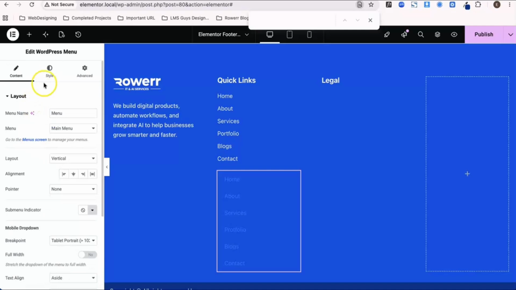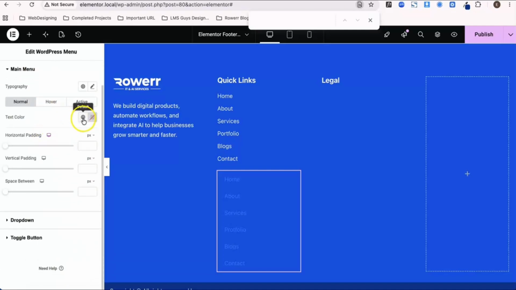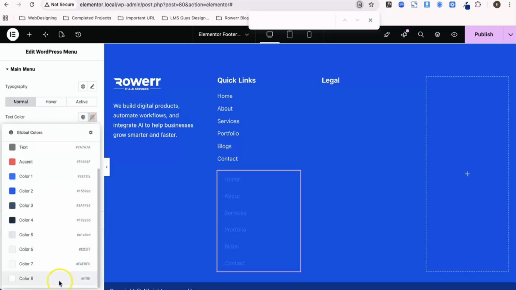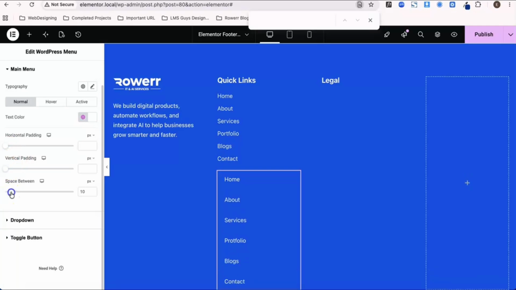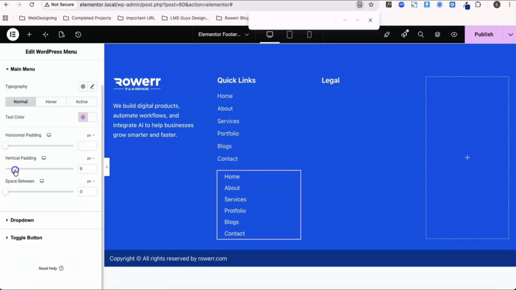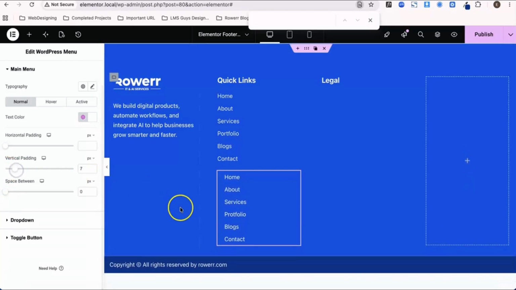After that we'll go to the style, and in the style we'll make the color white so it could be visible. Here you can see. Now we can decrease the vertical padding or space between. Space between is already okay. We can decrease the vertical padding like this. Okay, and now